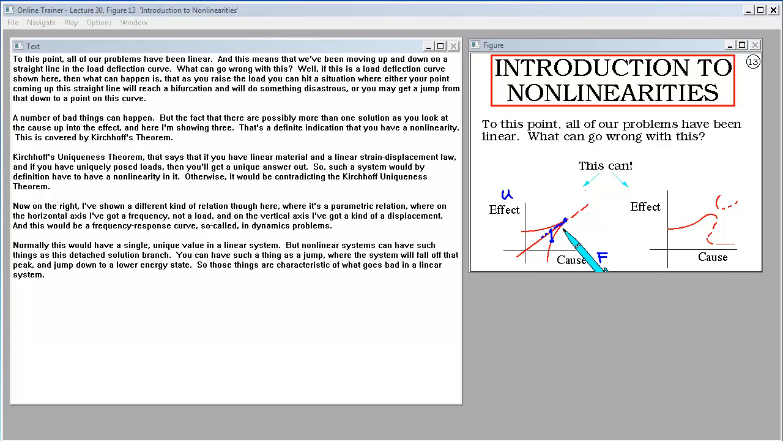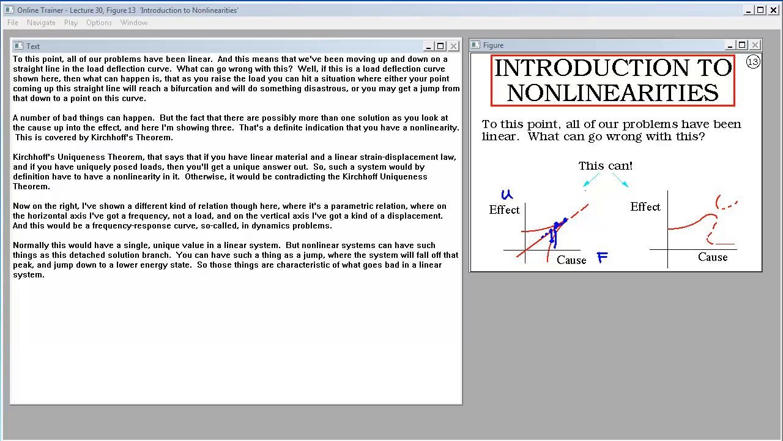A number of bad things can happen. But the fact that there are possibly more than one solution as you look at the cause up into the effect, and here I'm showing three, that's a definite indication that you have a nonlinearity. This is covered by Kirchhoff's uniqueness theorem, that says that if you have linear material and a linear strain displacement law, and if you have uniquely posed loads, then you'll get a unique answer out. So such a system would by definition have to have a nonlinearity in it, otherwise it would be contradicting the